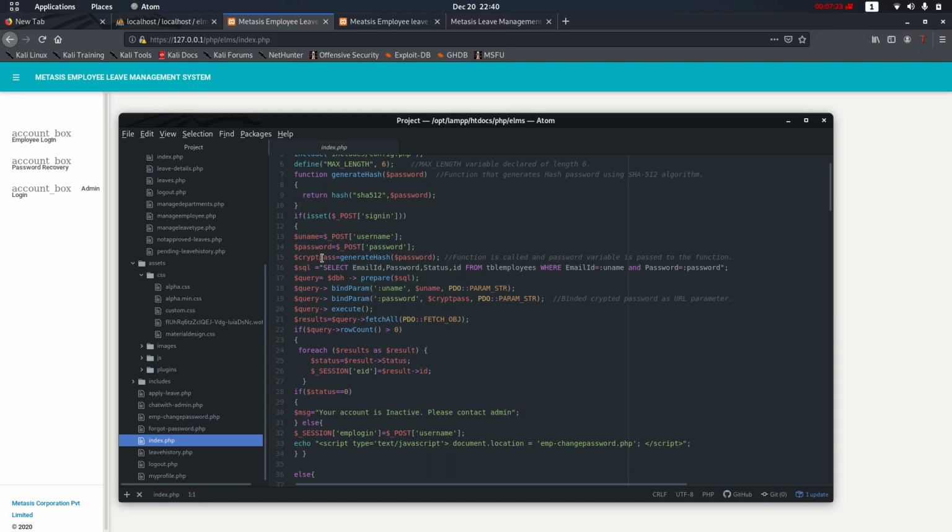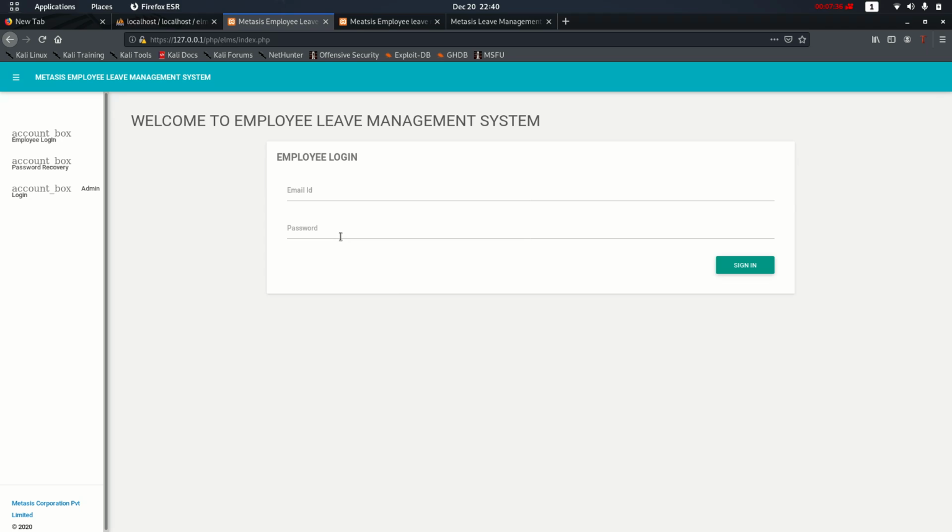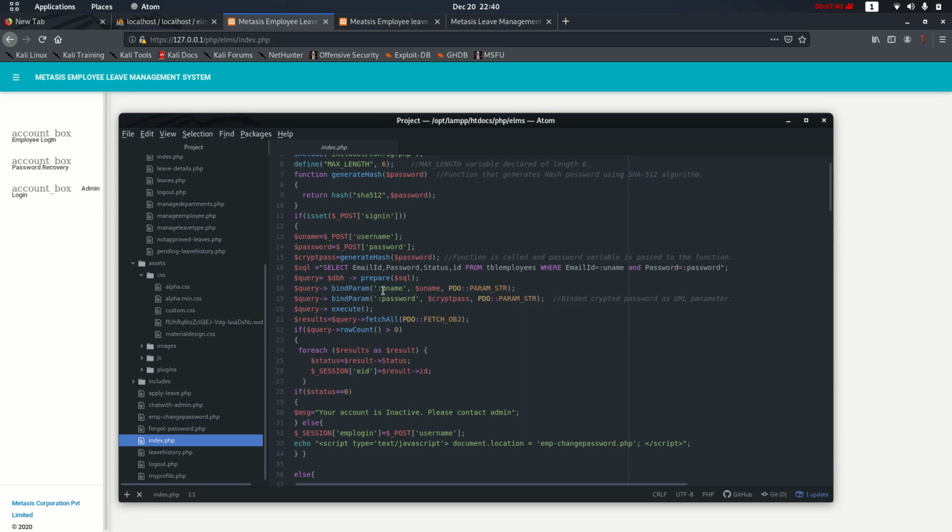As soon as this hash is returned, a select query is fired to fetch the employee with the provided email ID as well as the provided hashed password. As soon as the employee has been found in the database, the employee is able to log into the system.